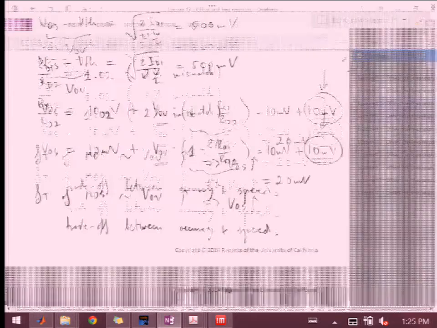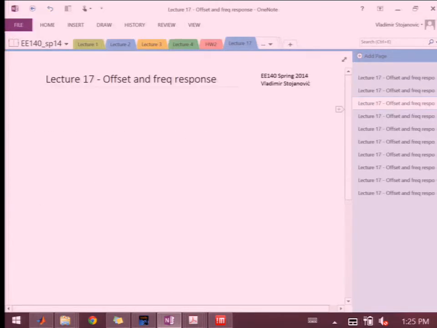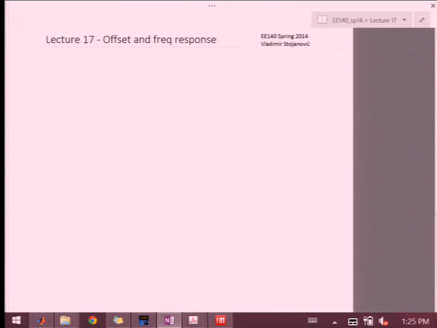Okay, so let's take a look at some of the other issues that the offset or this mismatch causes. VOS is sort of the static manifestation of the imbalance of the mismatch, right? Because that's the DC voltage effectively that got shifted at the input. But there are other implications. So if we take a look at our diff pair,